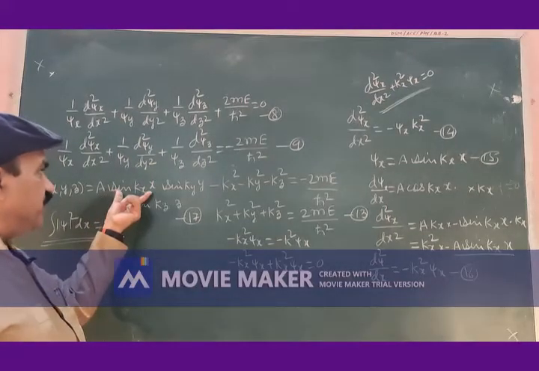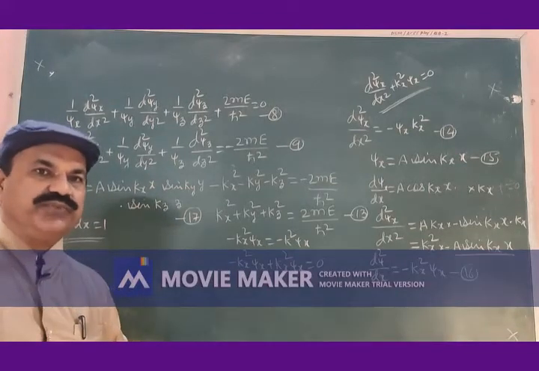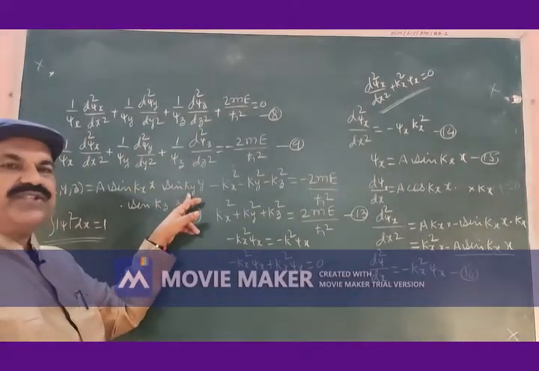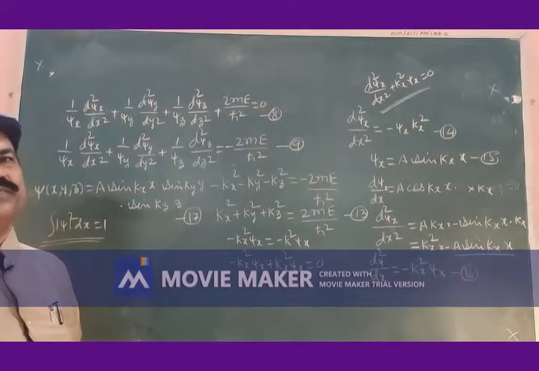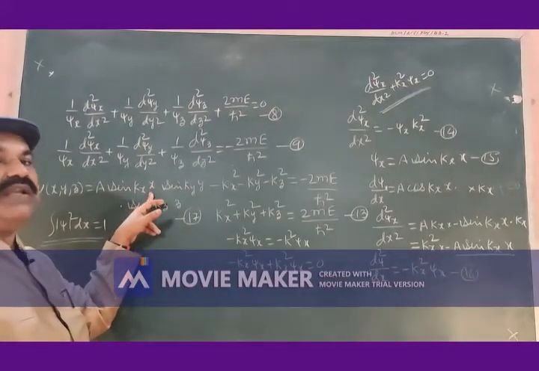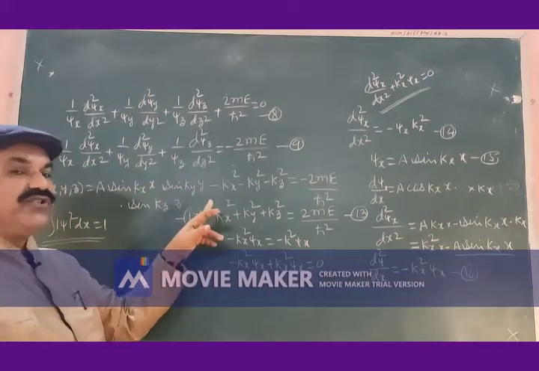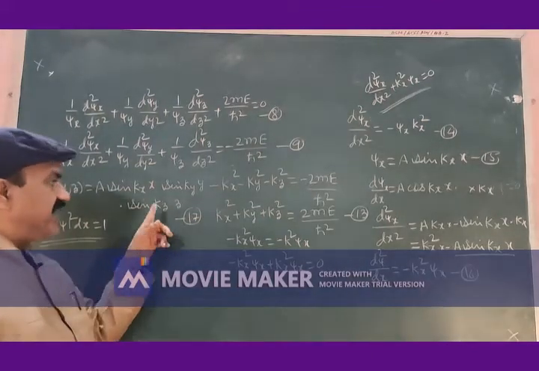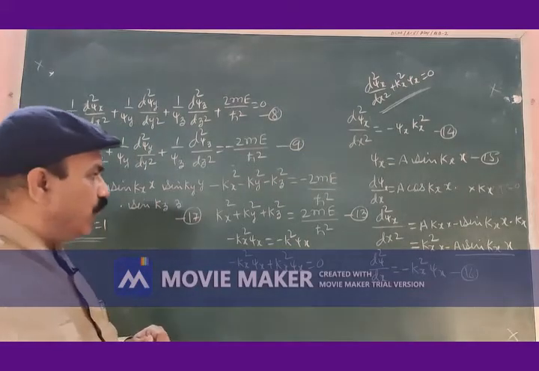Sin kx into x will be equal to 0 for x is equal to 0. It is true. When x is 0, the whole angle will become 0, sin 0 will be 0. The same is true here if y is 0. The same is true here if z is 0. The other extreme is sin kx into x should be equal to 0 if x is L. Sin ky into y should be equal to 0 if y is equal to L. Sin kz into z will be equal to 0 if z is equal to L. And therefore,